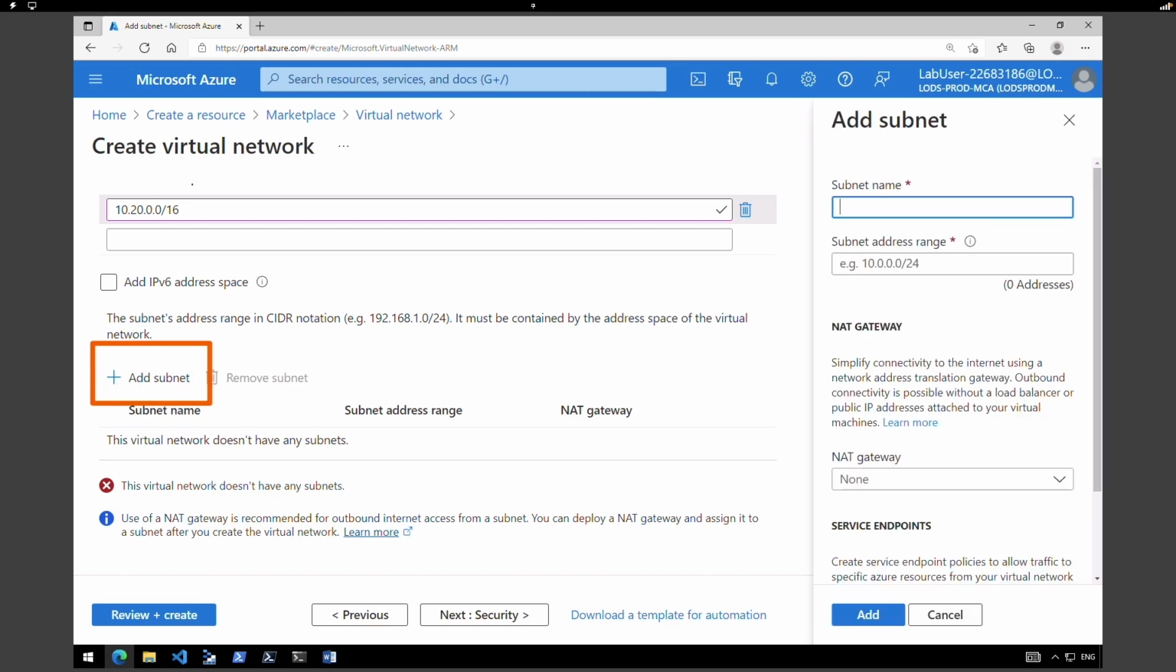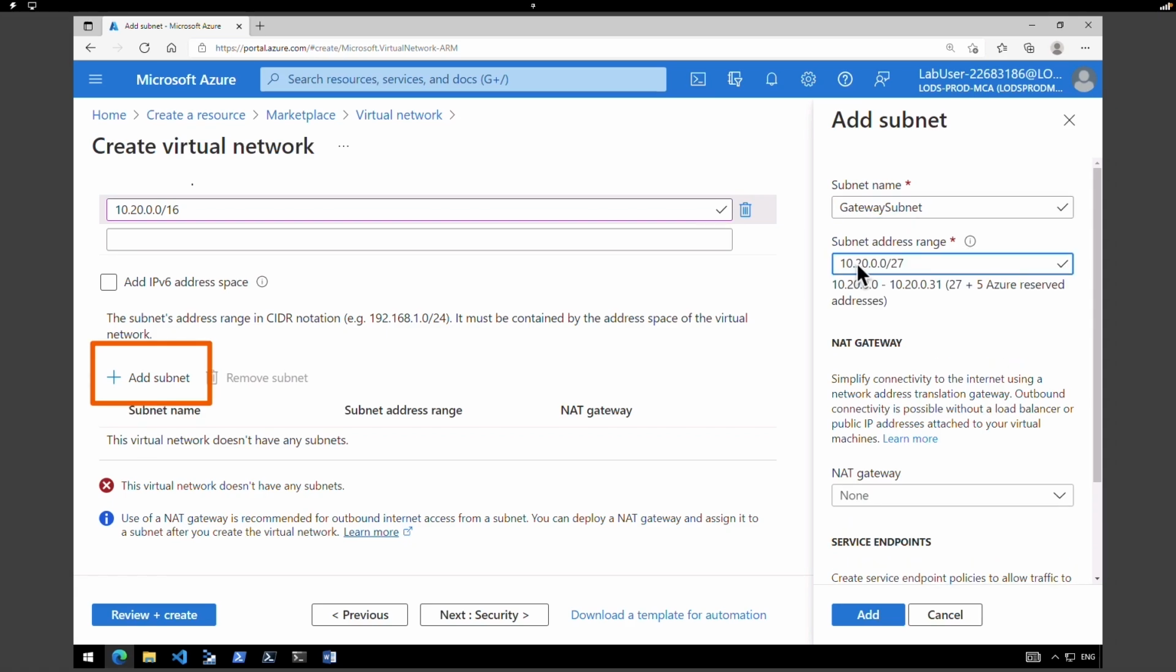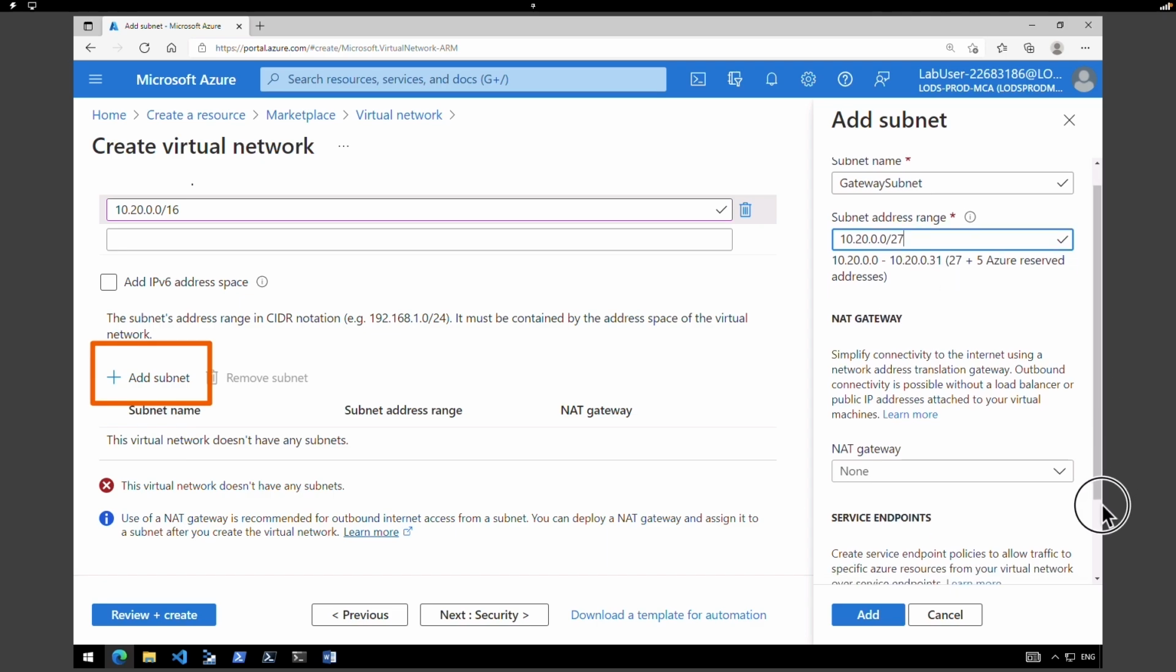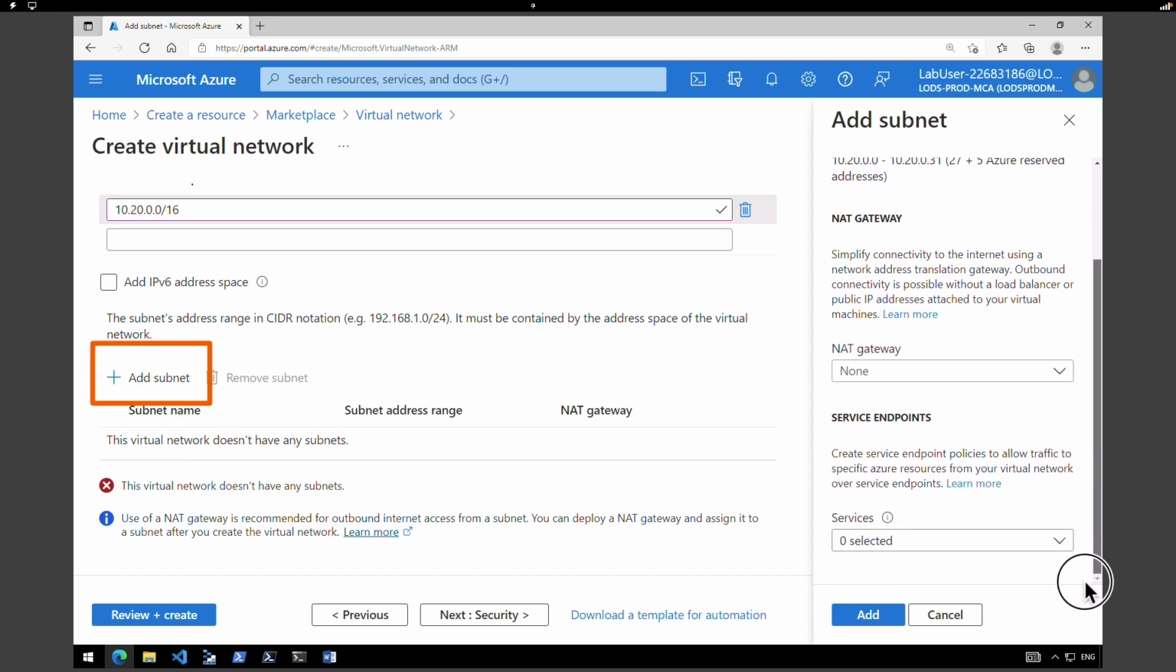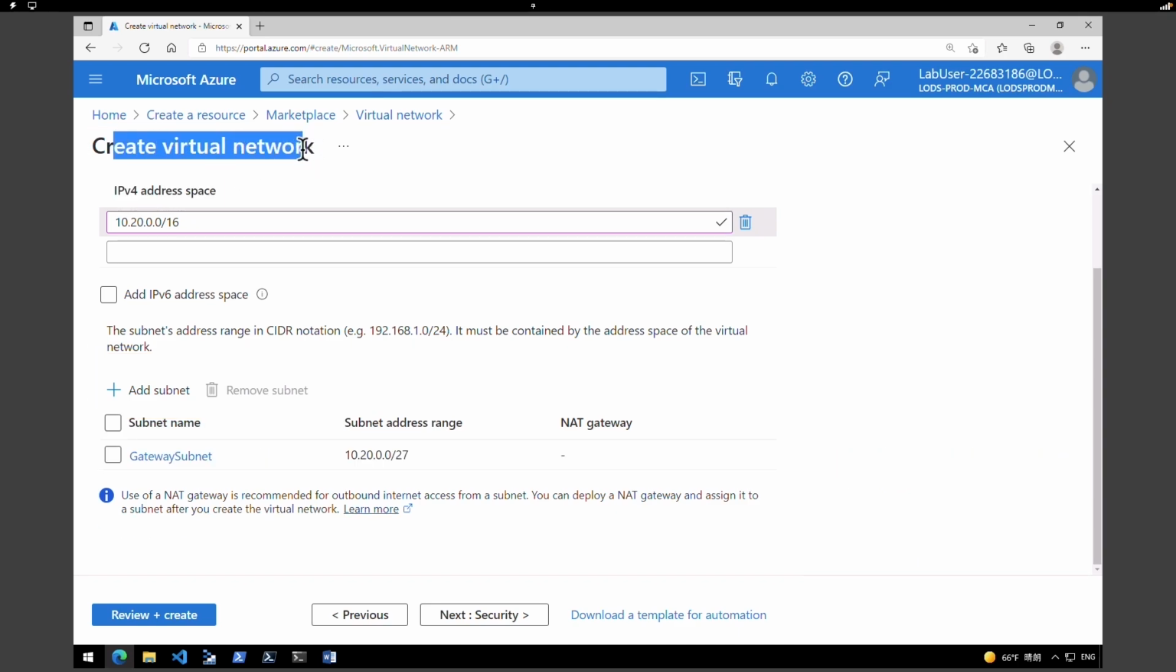Give a name for your subnet. I'm going to call it gateway subnet and then provide a subnet address range. I'm going to assign 10.20.0.0/27 and leave the rest of the values at the default. We don't want a NAT gateway or any other service endpoint. So click on add. Now we have given all the details for a virtual network, address space, and a gateway